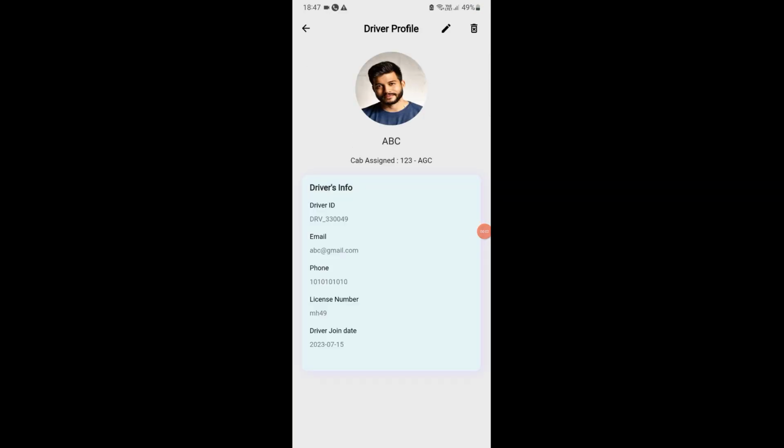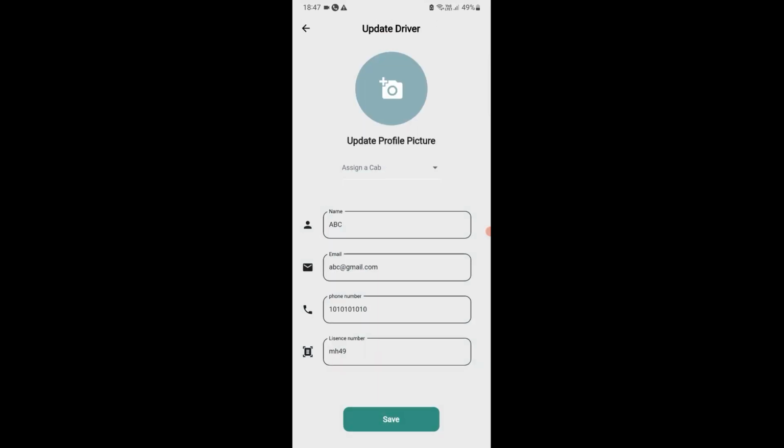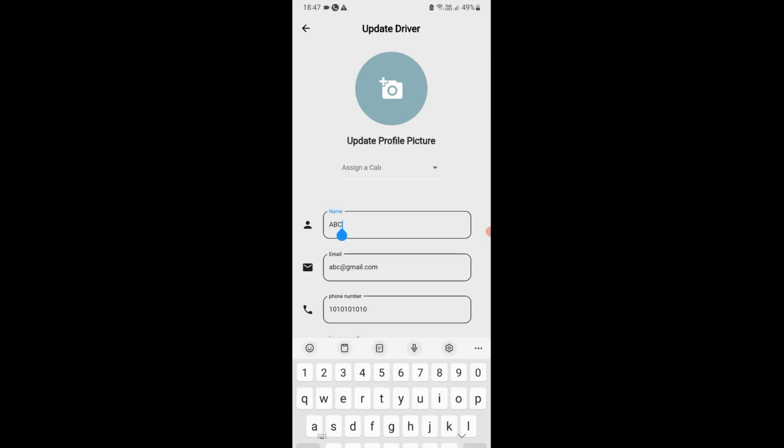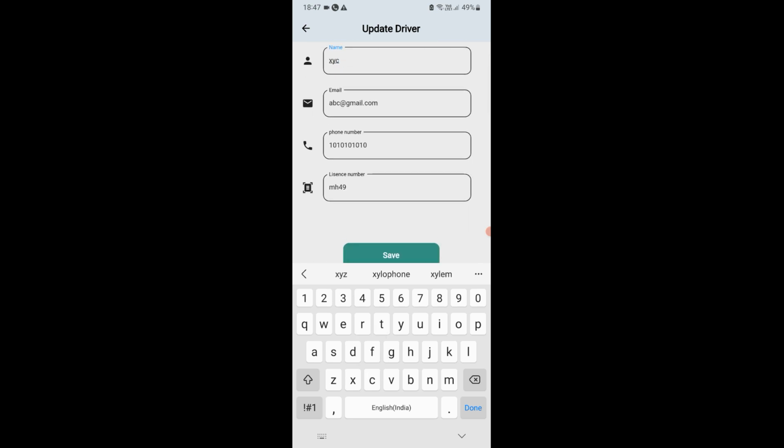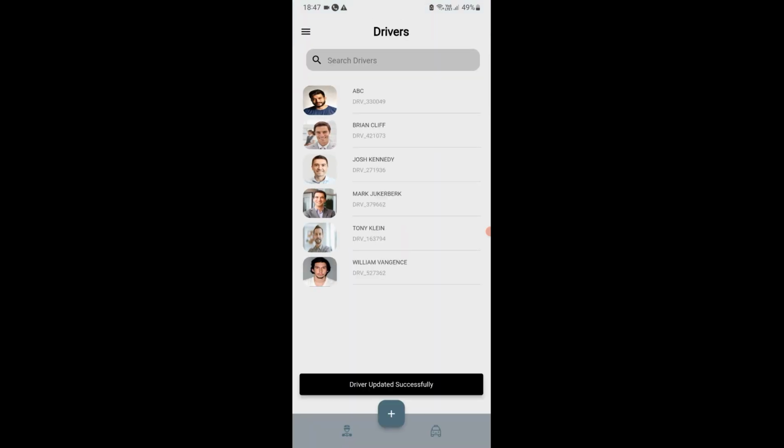Also we have created an edit icon so that we can edit the information of the driver, like we can update the name, email, phone number and license, or all the information. Like I want to update the name, so I will change the name and save it.